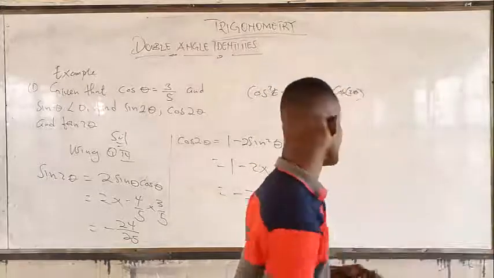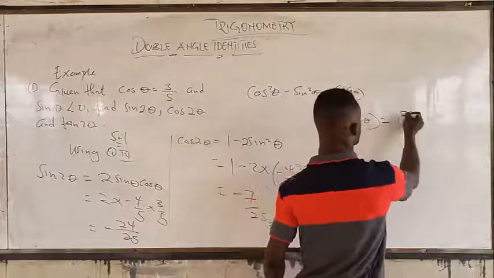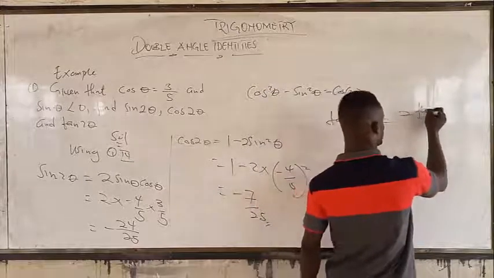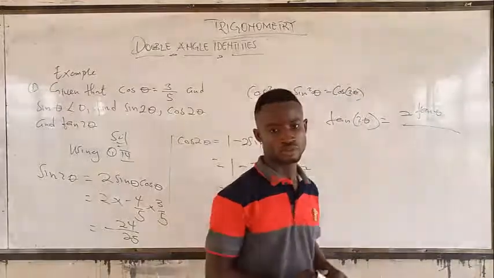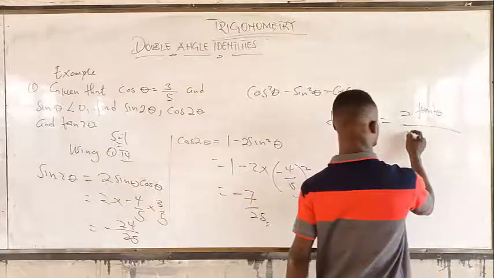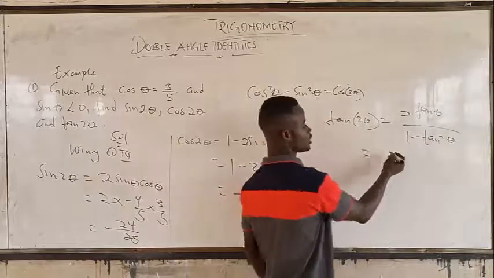The last part is tan. Tan 2 theta is equal to 2 tan theta over 1 minus tan squared theta. So with this, we get,